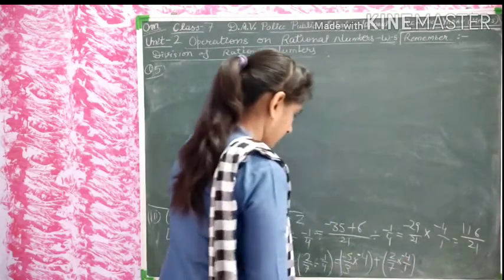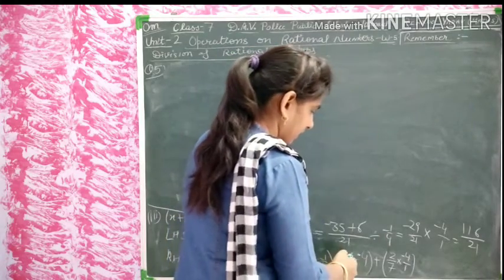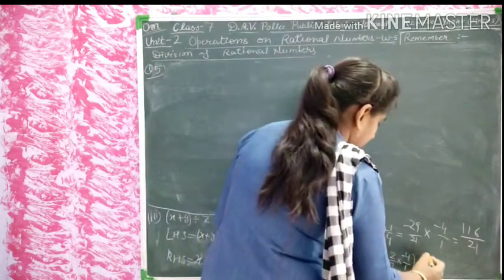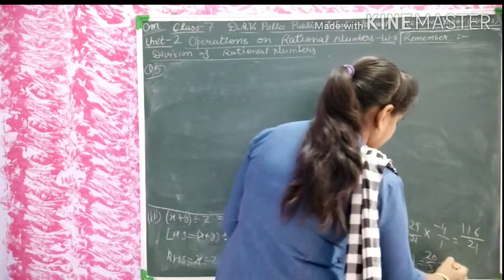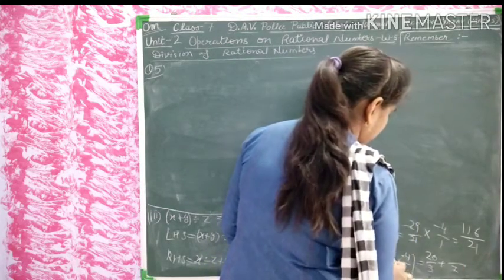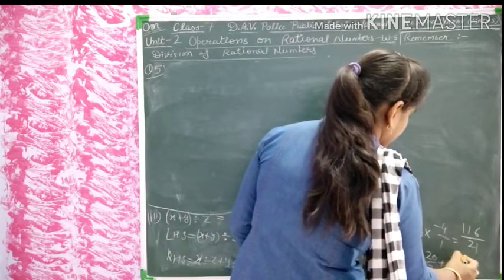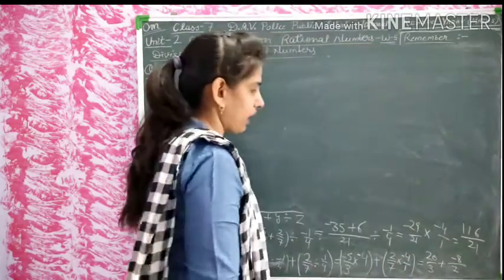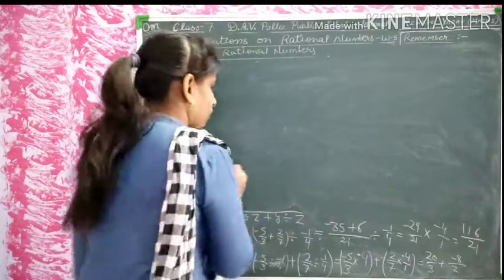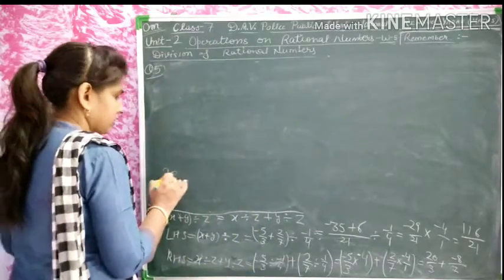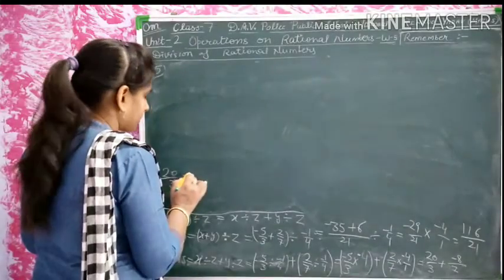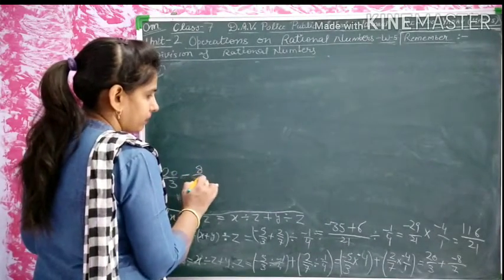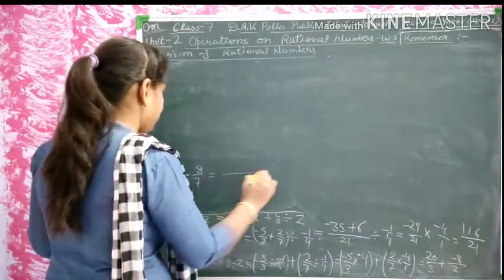And no number is cut there, minus and minus is plus, 5 times 4 is 20 by 3. This is equal to 20 by 3 and plus 7 here, and this is minus 8 here. And now we have to add both the numbers. 20 by 3 plus and minus is there, 8 by 7. Now we have to solve these two numbers.